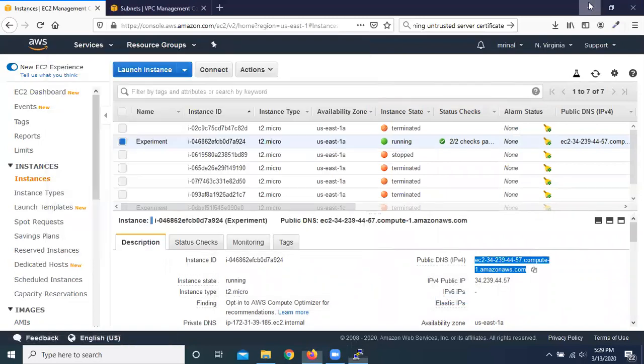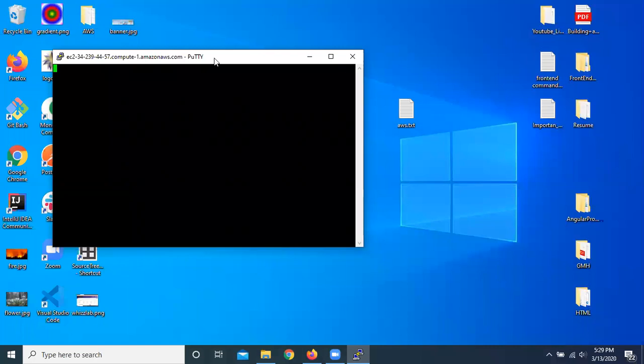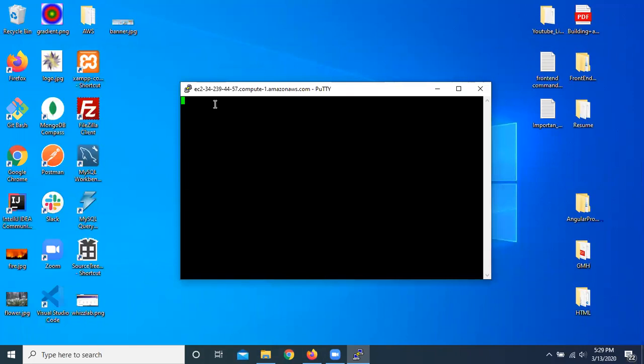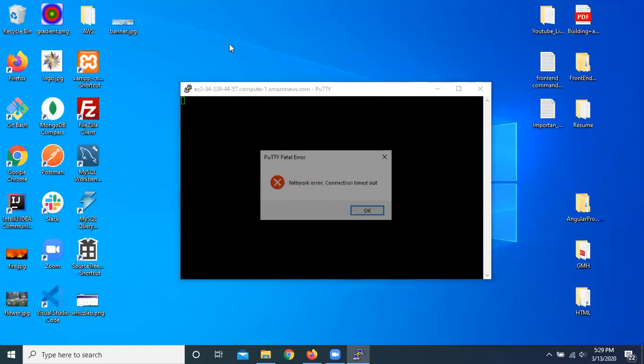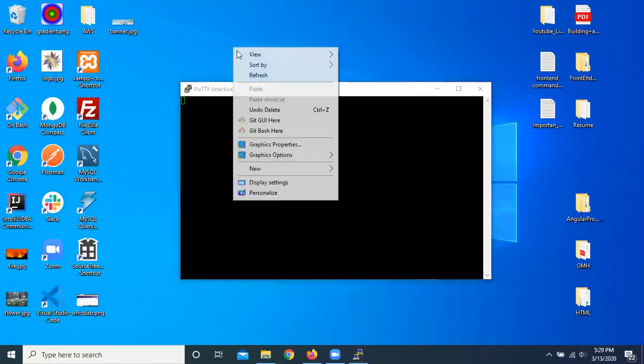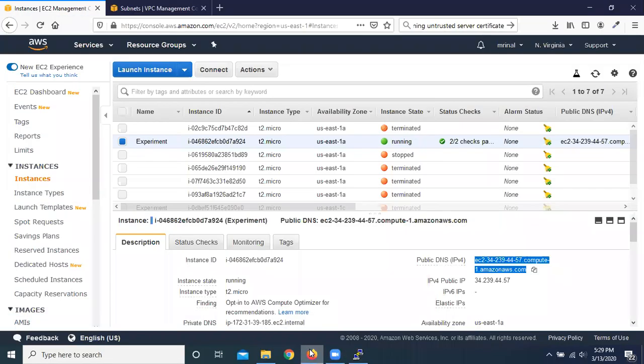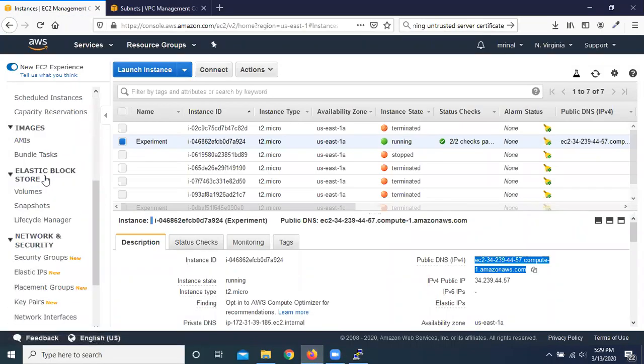then let's see actually what happens. We should not be able to SSH into it, right? Network error, connection timed out. Yeah, the connection should time out because SSH is not allowed. But let's go to our security group,